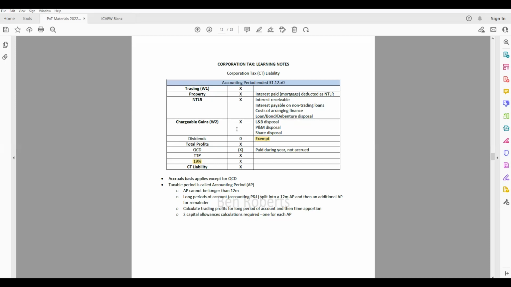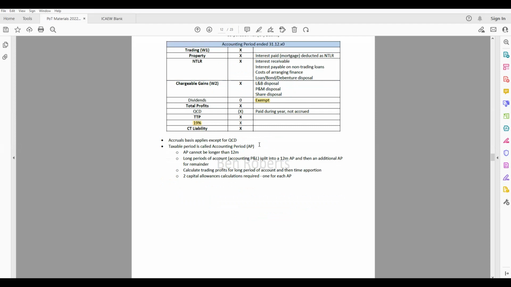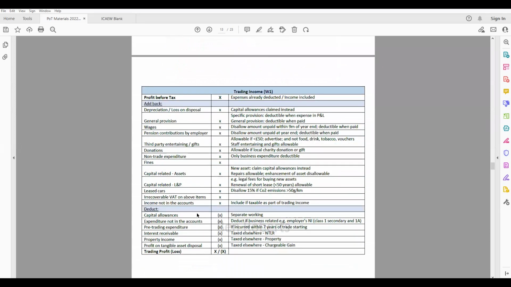So like I was saying, though, the really good news for corporation tax is how we arrive at our tax adjusted trading profit is nearly identical to what we saw for individuals and income tax. And it does make sense. There's no beneficial business structure to set up as to get a favorable set of rules or something like that. They are very much the same.